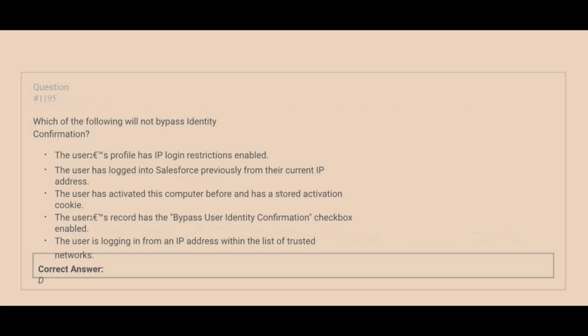Question is, which of the following will not bypass identity confirmation? Option A. The user's profile has IP login restrictions enabled. Option B. The user has logged into Salesforce previously from their current IP address. Option C. The user has